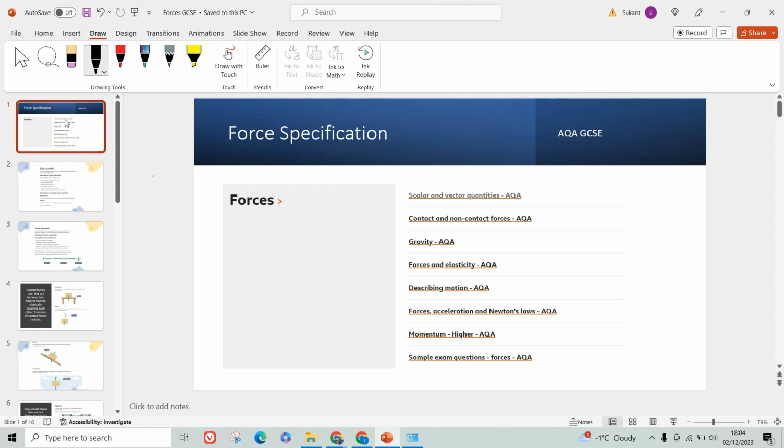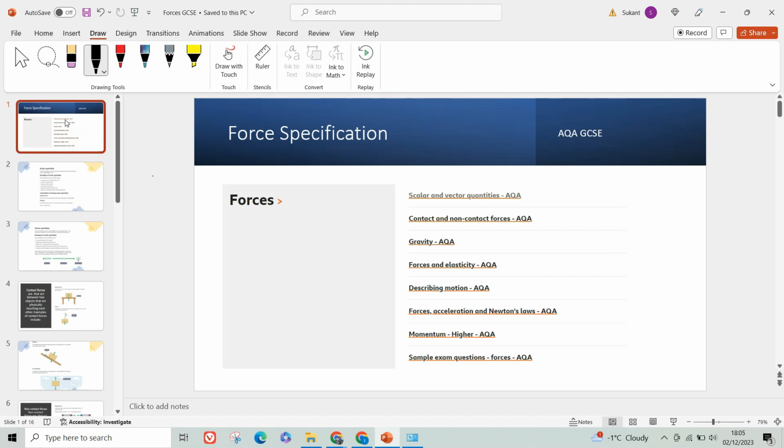Hello friends, I am Suk and today I am going to walk you through a very important spec in the GCSEs, irrespective of any boards, whether it's AQA, Edexcel, Eduqas, OCR. But in this lesson, we will focus on AQA